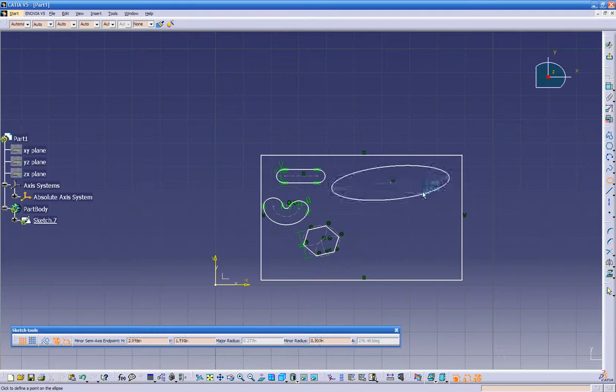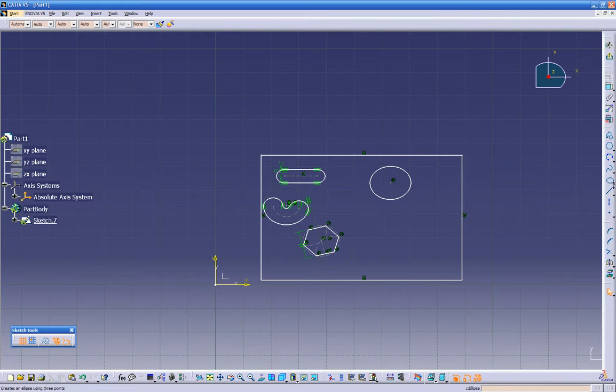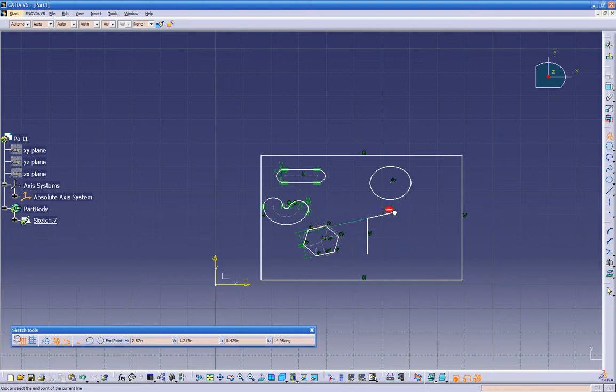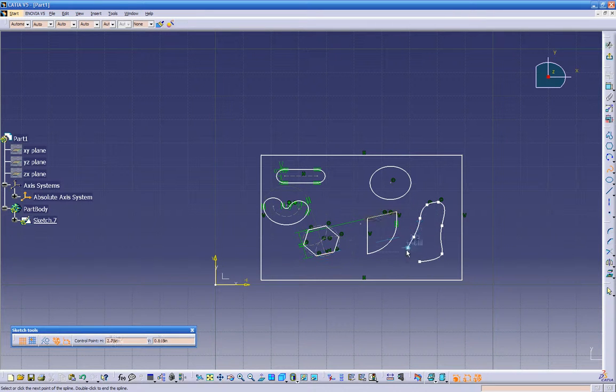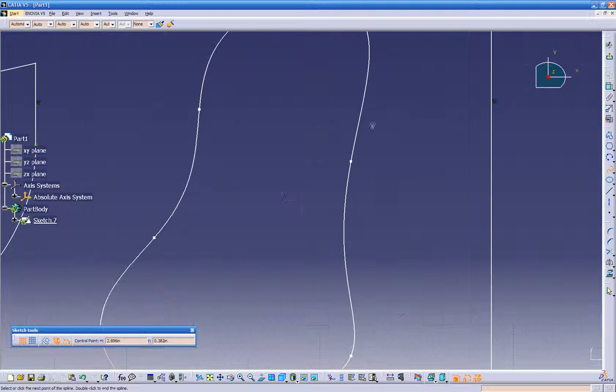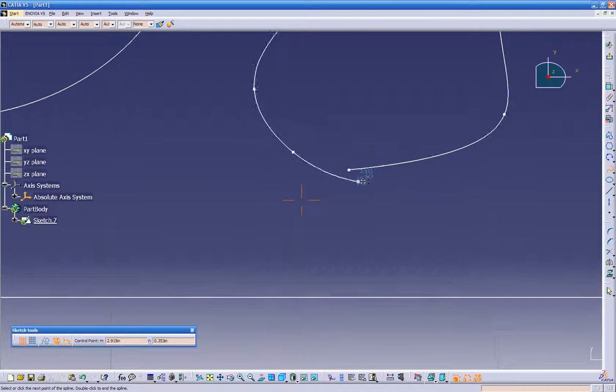We're just going to do a multi-pad option right now. Let's see what other option we can put in here. So let's use a multi-line. And what else do we have in here? Let's use a curve. So we have to make sure we close this. So if you want to zoom in a little bit,